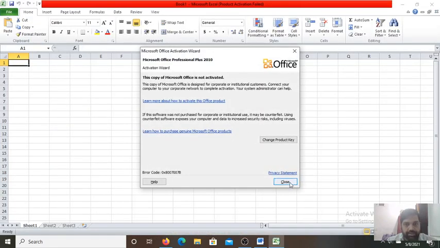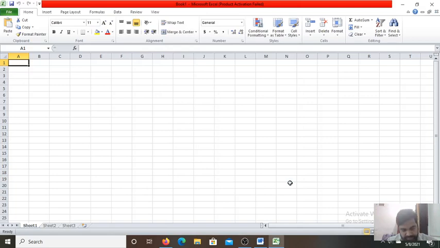Now this sheet is open. Here we make three columns: month, salary, and after that total salary.